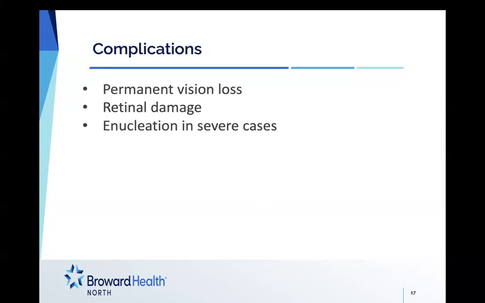And then in really, really severe cases, enucleation can occur, which is basically the surgical removal of the entire eyeball. But you're still going to leave the eye muscles and surrounding tissue, and it's usually replaced with an implant. So as you could imagine, that will diminish the quality of life for the patient. So we want to try to avoid that as much as possible. So it's very important that you treat this rather quickly.